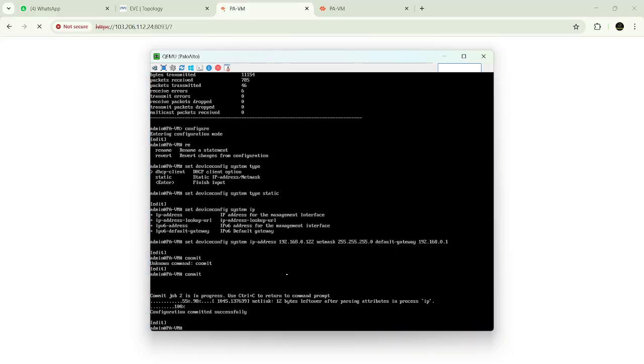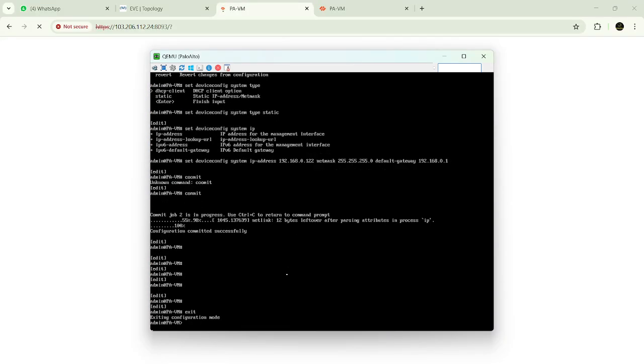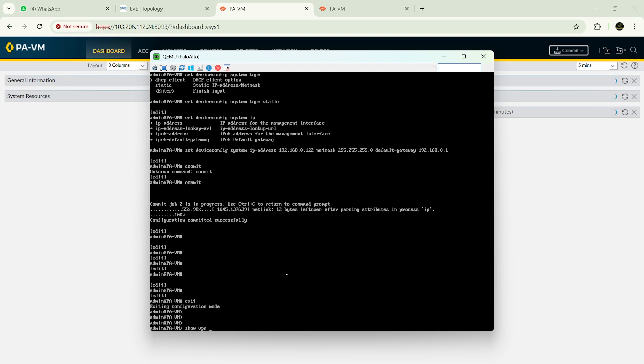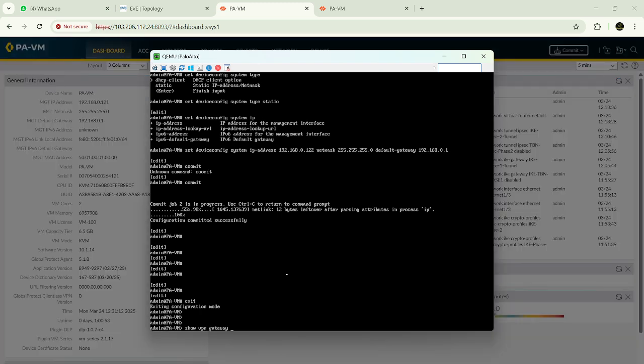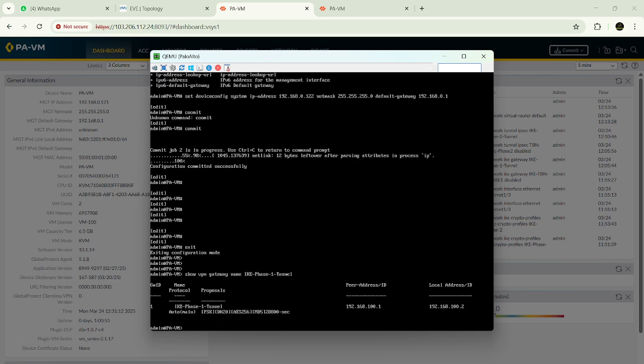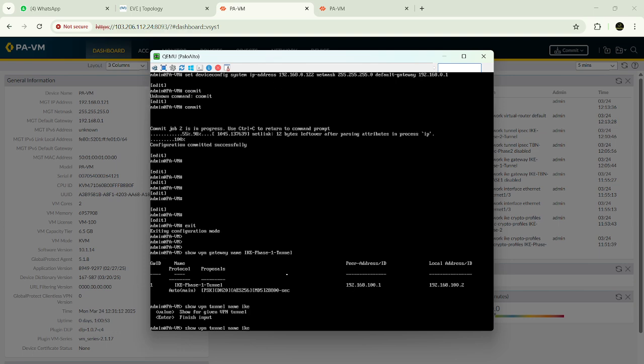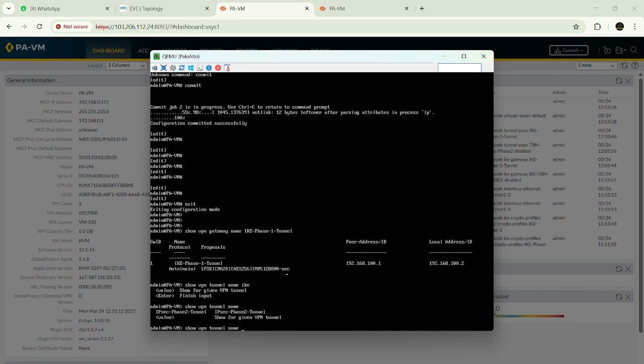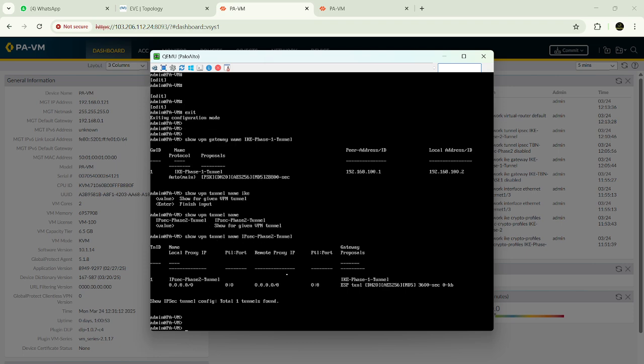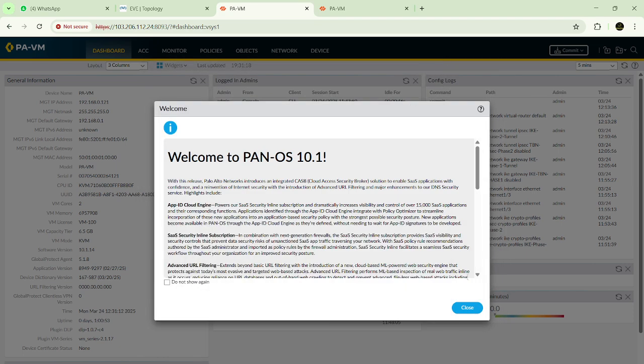If I want to show it on the other firewall, just click on exit, then show VPN gateway name, IKE phase 1 tunnel. The next thing is show VPN tunnel name, IKE, IPsec. It will show like this, but here